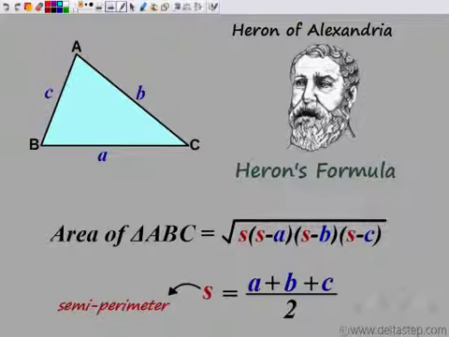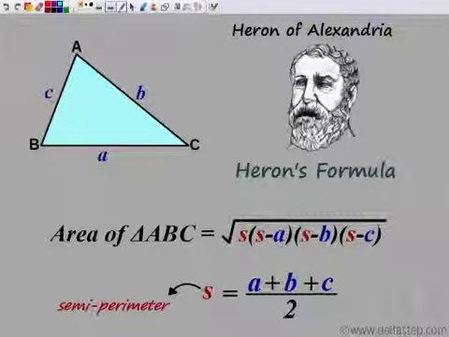Now in this formula, all we need is A, B and C. We do not need height here. So this is Heron's formula. We would not go into the proof of Heron's formula because that is slightly complex, needs higher level maths. So for timing, what we'll do is, we'll just remember this formula and try to see where all we can apply this formula. So whenever 3 sides are given and you need to find the area of that triangle, you would apply Heron's formula. That would be easier.